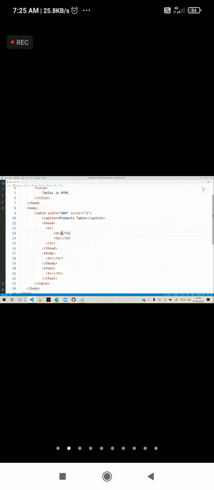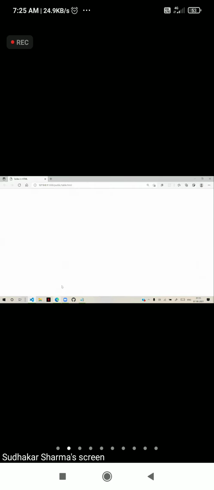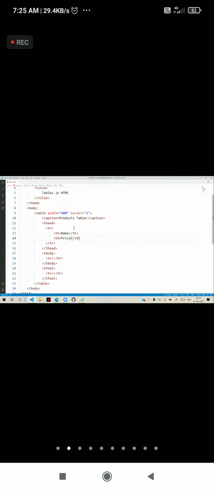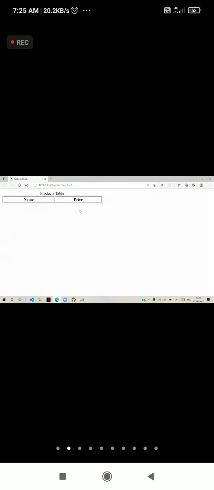I will show you. Suppose I enter here name and I enter here price. And you can see that in the heading, name is center and bold, but price is normal. Both are cells only. So if I want a special heading-like appearance, I can use TH, and it will get center alignment and bold like that.